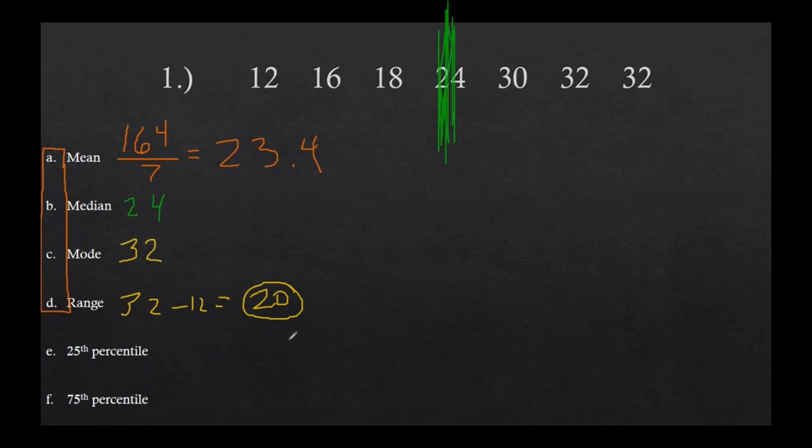Okay, now I want to go to the percentiles. I've already overemphasized the median. And we know from our talk on the previous page that the median is the middle number. And if you think from 0 to 100 in terms of percentiles, because we're talking percentiles now, what would be the percentile in the middle? If the smallest is 0 and the largest is 100, what's the percentile in the middle? 50, exactly. So the 50th percentile is also the median. So think about that. The median is the number in the middle. So when I talk percentiles, the 50th percentile is the median, and we know that has a value of 24.